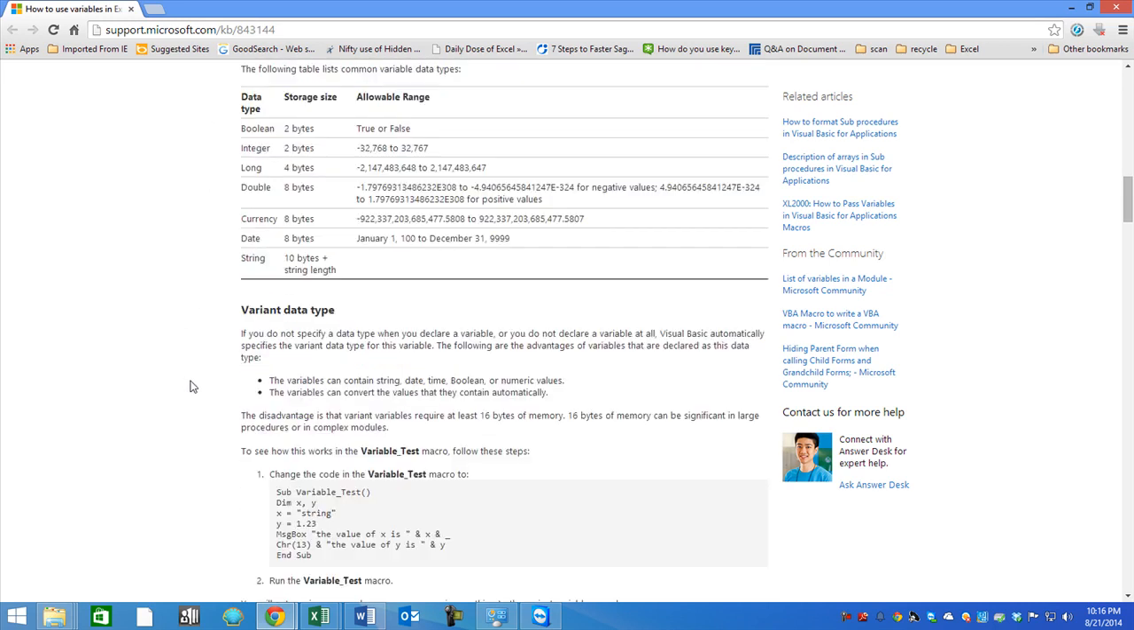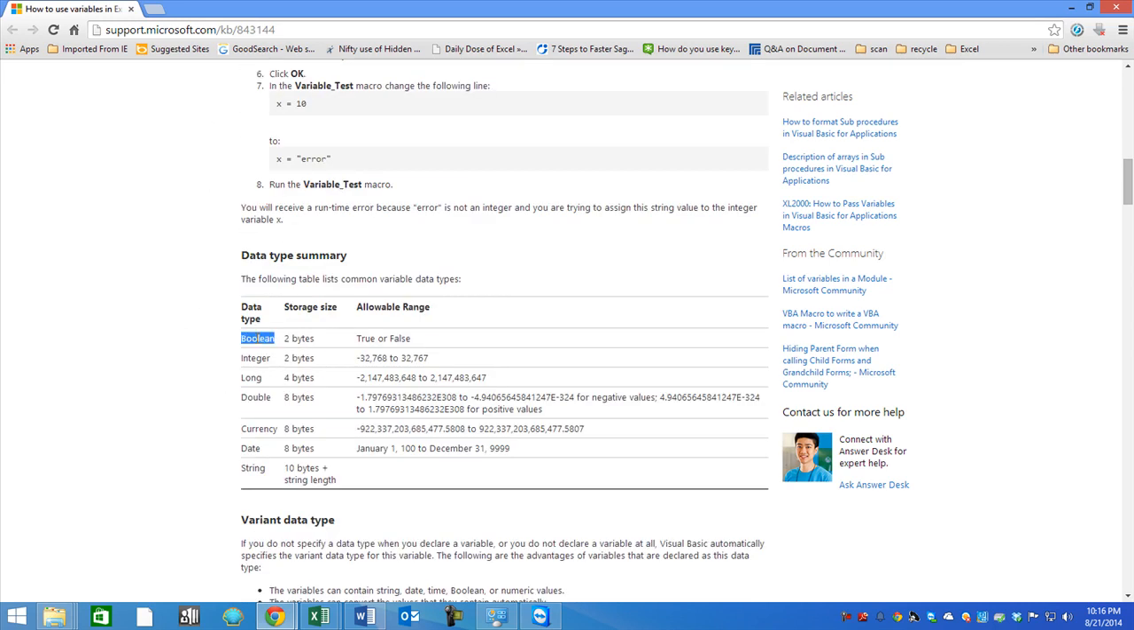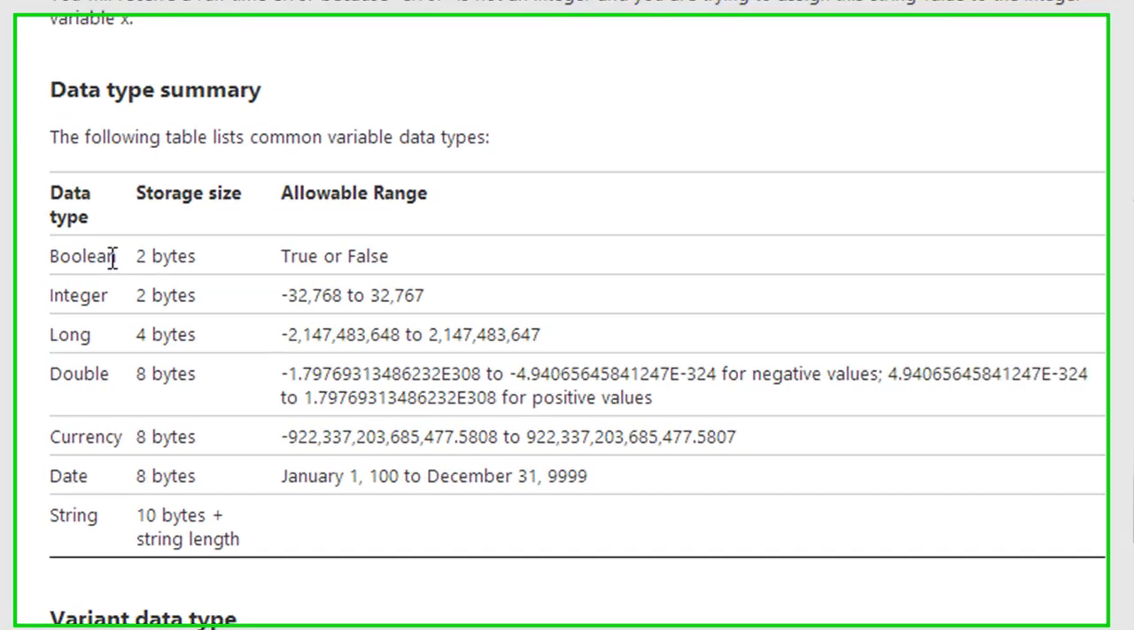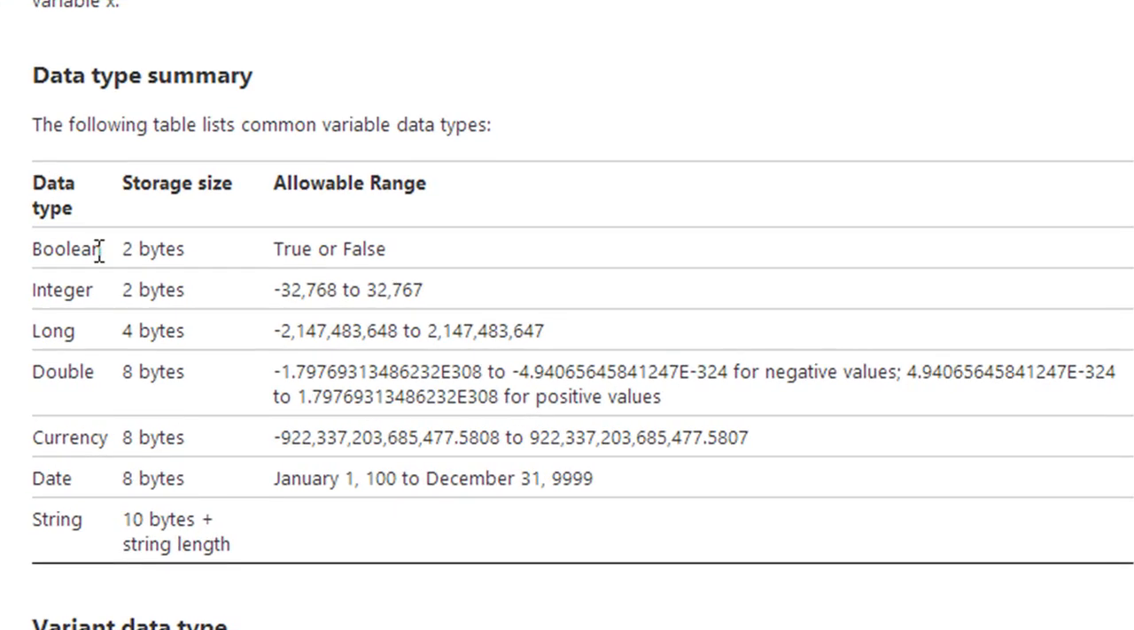There are different types. Let me scroll down. Here we go. So there are different types. If you declare something as Boolean, that means that it's always going to be only either true or false. If it's an integer, it's going to be a number, but it's going to be a whole number, so it can't have a decimal place. So only if you want whole numbers,